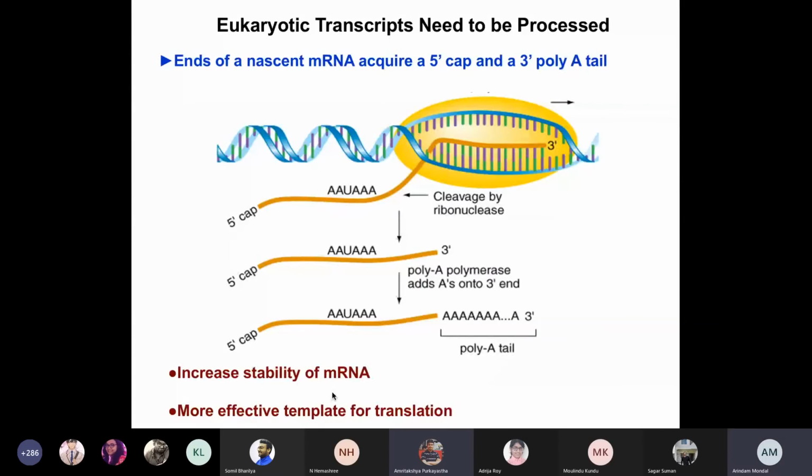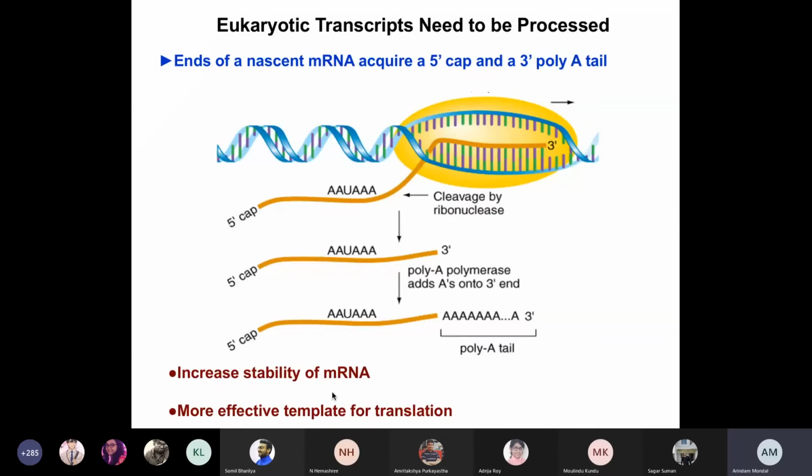Poly A tail. So actually what happens is there are multiple different enzymes in the cytoplasm which are known as exonucleases. Now exonucleases can act on a nucleic acid either from a 5' to 3' or 3' to 5' direction. That means it can recognize the 3' end and can chew up the RNA from the 3' end, and keep on removing nucleotides one after another. Similarly, it can recognize the 5' end and can then keep on removing nucleotides from the 5' end. It's more of a chewing up from one particular end.